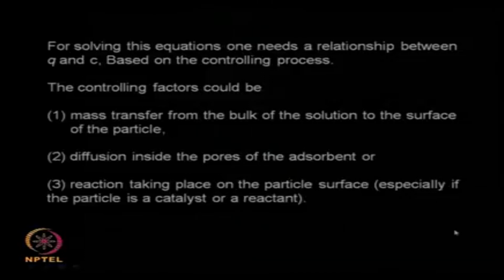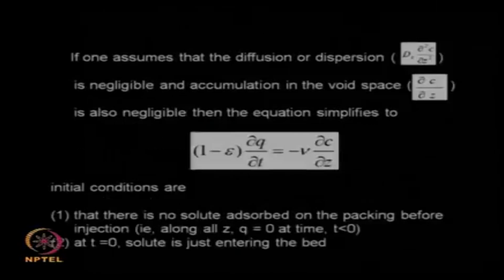You need to understand that depending upon which is the major controlling factor, you may have different relations between Q and C, and if you know which is controlling and you have some relation between Q and C, then it will be possible for you to solve the partial differential equation which we talked about in the previous slide, namely this, which is (1 minus epsilon) dq/dt equal to minus v dc/dz, where v is the velocity, epsilon is the voidage, q is the concentration of the solute bound to the stationary phase, c is the concentration of the solute in the mobile phase, t is the time, and z is the axis. So it means the concentration varies along the axis of the chromatographic column as well as a function of time,